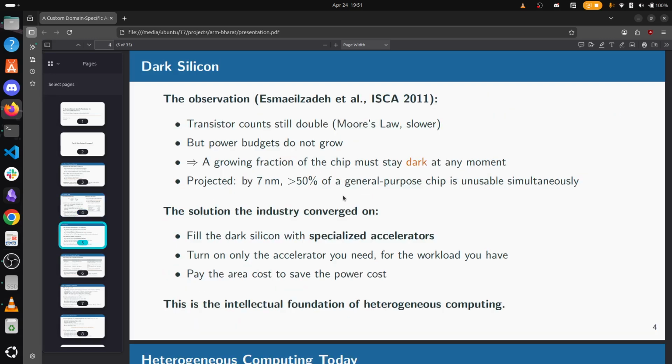So one of the ways to counter this is something called dark silicon, in which case we are adding more transistors to our chip, but at a time we are not using all the transistors. So that means a fraction of the chip is not being used at all, no power is being supplied to it. These chips are usually specialized accelerators, which means they are not always used, they are only switched on when a specific task has to be